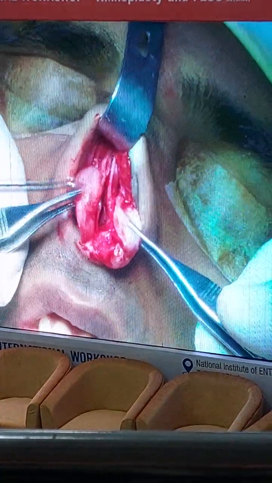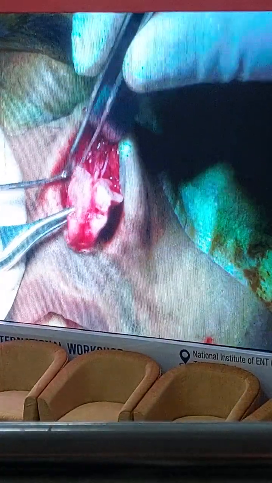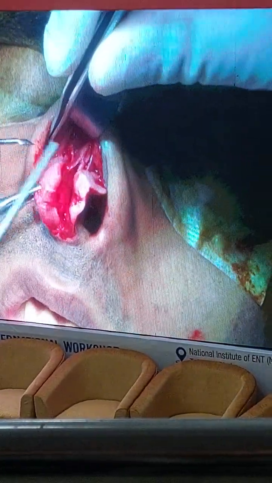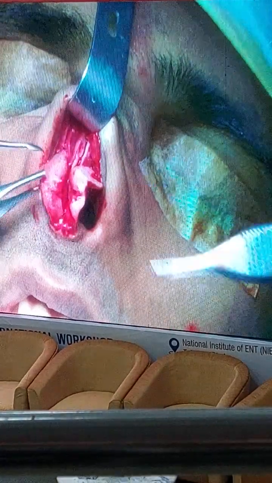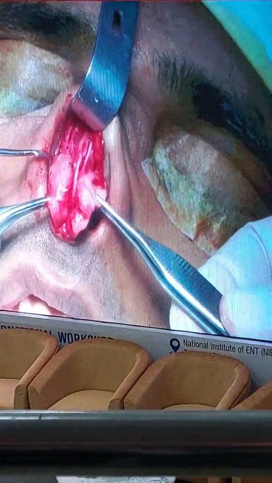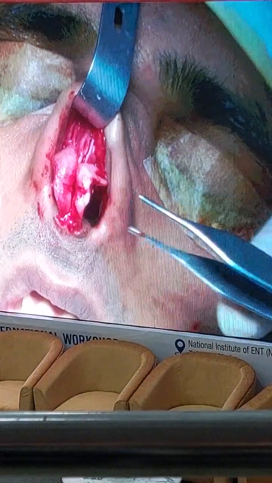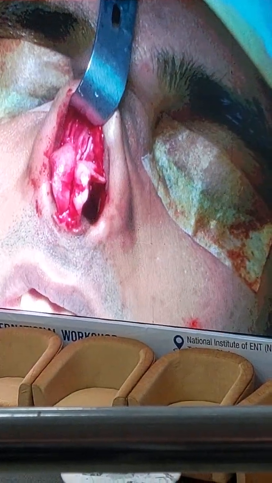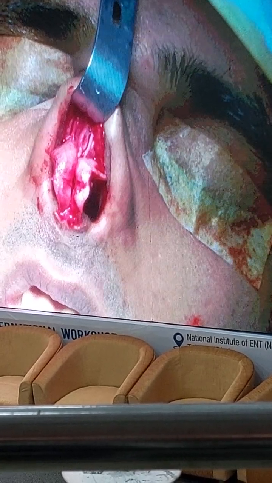This is the medial end. This is the lateral end. You can see this is the lateral end and two borders. This is the superior cephalic margin and this is the caudal margin. Now this caudal margin is important. Why? Because this caudal margin we use for the local infiltration, we use for the marginal incision.